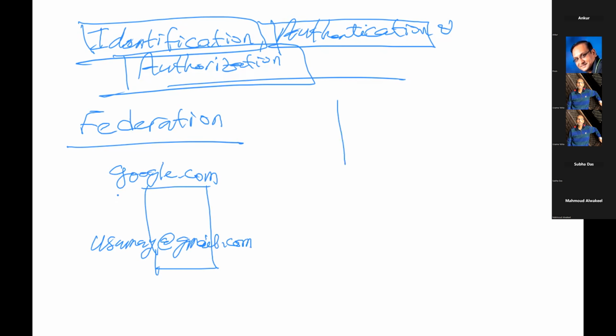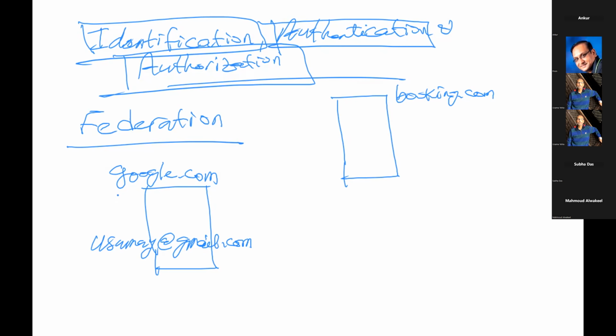Now I want to communicate with booking.com. When Booking.com installs their servers, they will say, okay, gentlemen, we want to integrate our authentication or access control system with the Google system. And this you usually see whenever you open any site, it will tell you to use your Facebook account or Google account or Apple account, right? We all see this every day in our